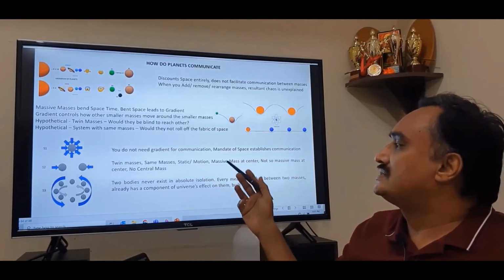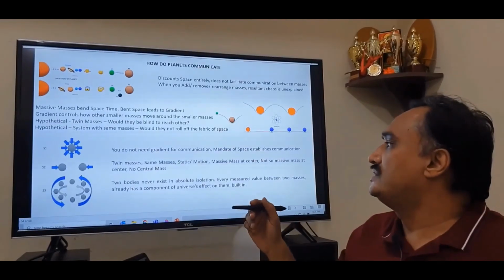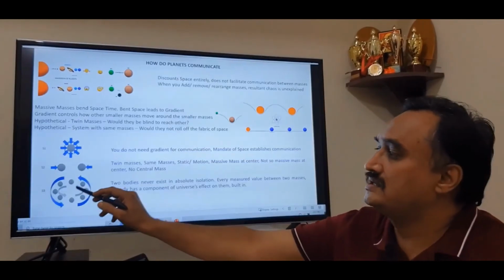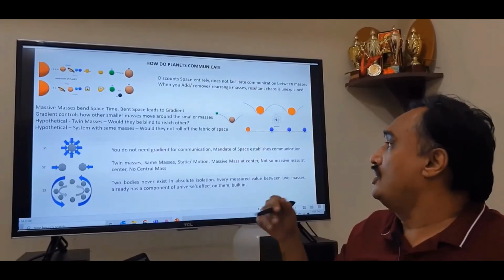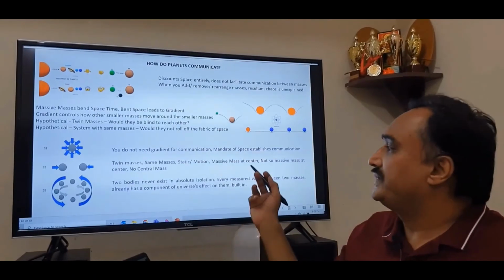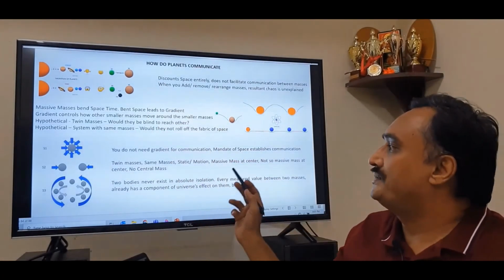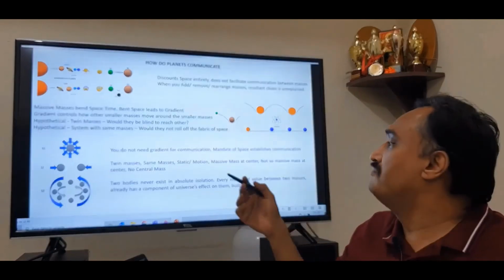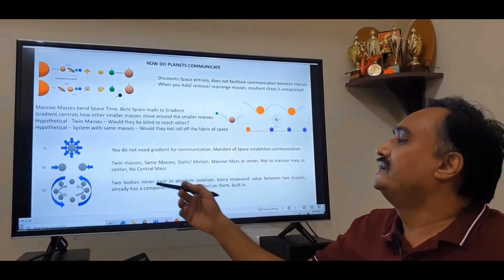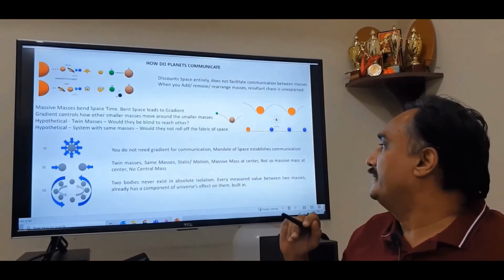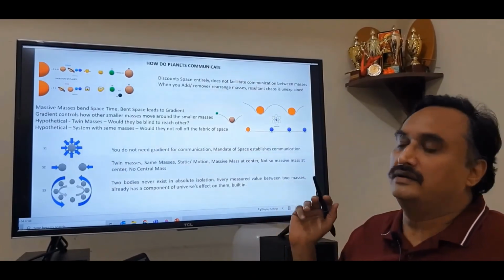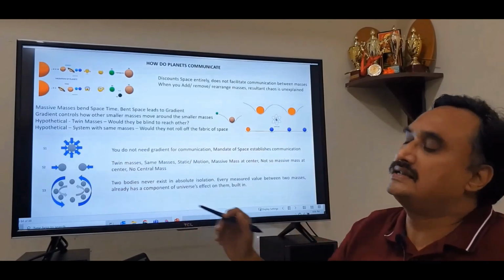Whether the masses are in static condition, motion condition, whether there is a massive sun or a massive mass at the center or a not so massive mass at the center. Like in the case of solar system, you have a massive mass, comparatively massive, whereas in galaxy you have a comparatively less massive mass at the center, or no mass at the center at all. It would still be able to handle such theoretical